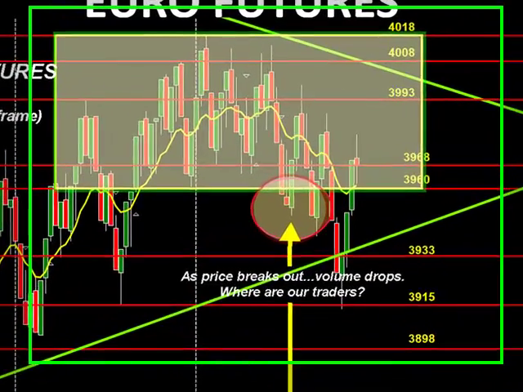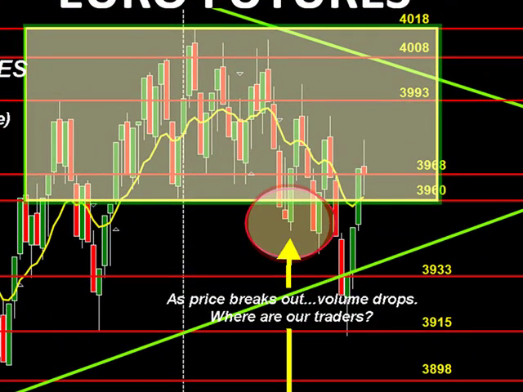You'll notice we have this yellow box that's shaded here at the top. Now, this is a slower time frame, so it's a 5-minute, 8-minute, 10-minute chart, somewhere around there. On a slower time frame, we're looking at the bird's eye view of the market. And the important thing you want to see here is this red circle just below this yellow box. Notice the first time that price broke out of this yellow shaded area, and then follow